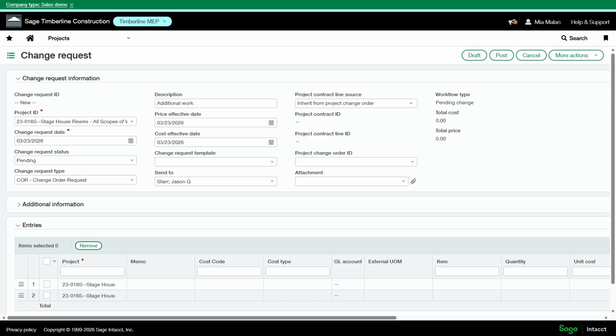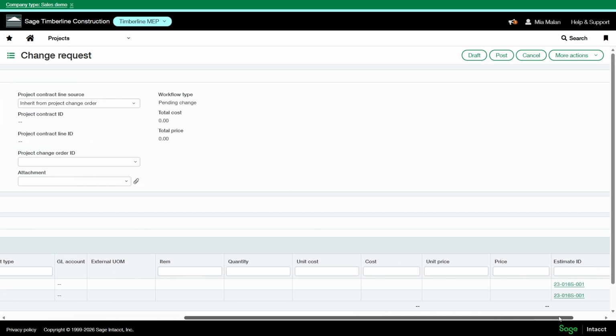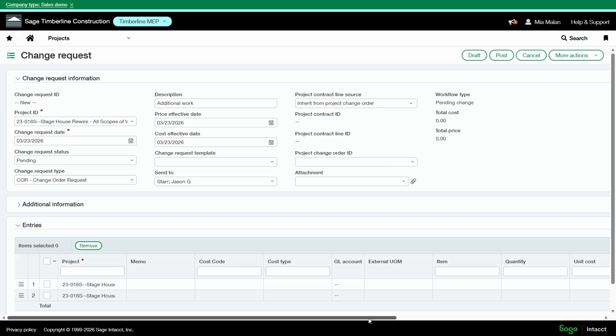If I was just needing to update my estimate, I can stop at this change request step and it will update my estimate here. If I need to update my project contract and have the lines go up or down, I need to do another step after and issue an executed project change order.